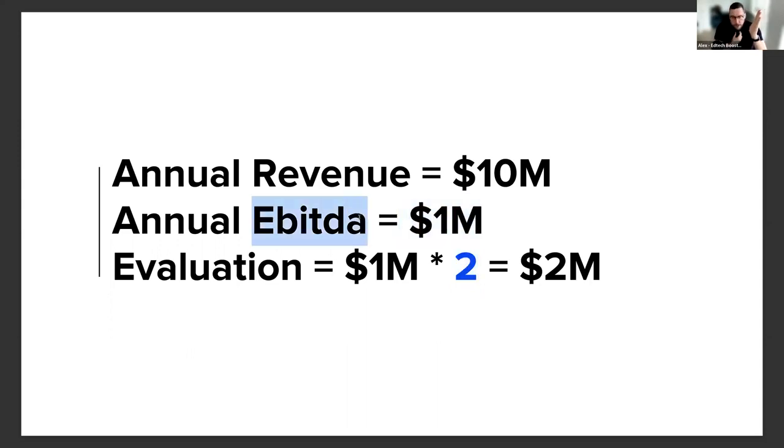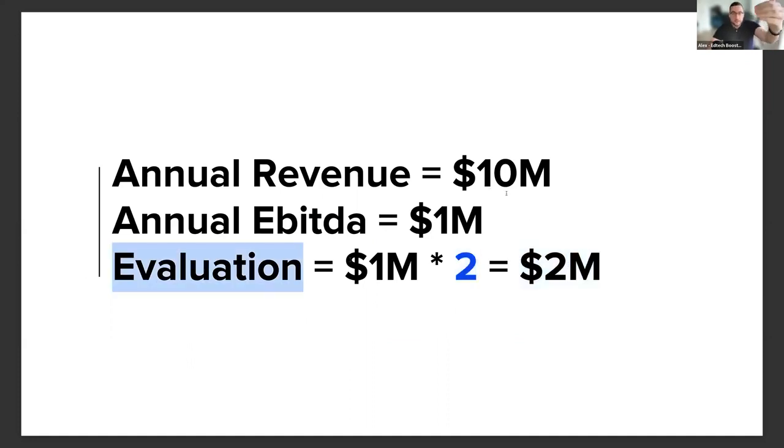So I'm a potential buyer. Let's say you're a potential seller. So I would say, okay, how much is your EBITDA? You say 1 million. I would say, okay. And these multipliers, by the way, are in Eastern Europe. So in Eastern Europe, the average multiplier for offline or online business is from 1 to 2. So let's say your evaluation at the end of the story would be 1 million multiplied by 2. So you have 2 million.